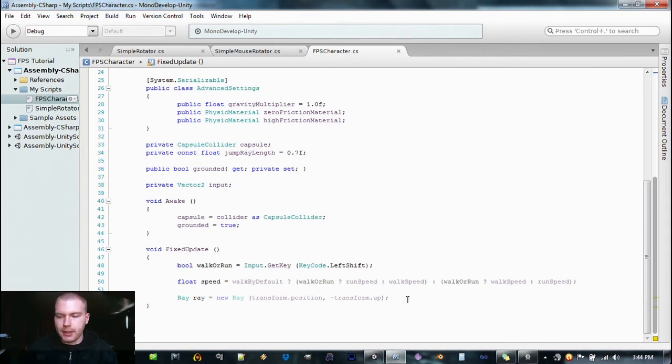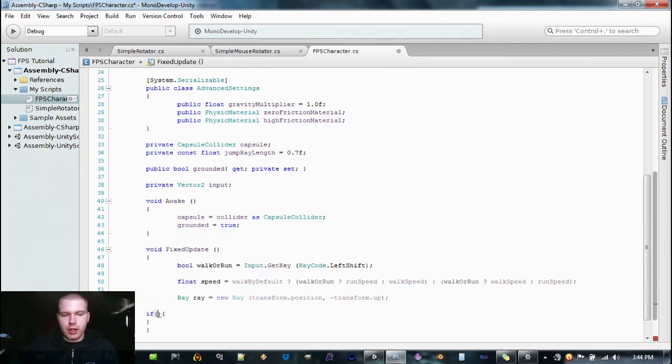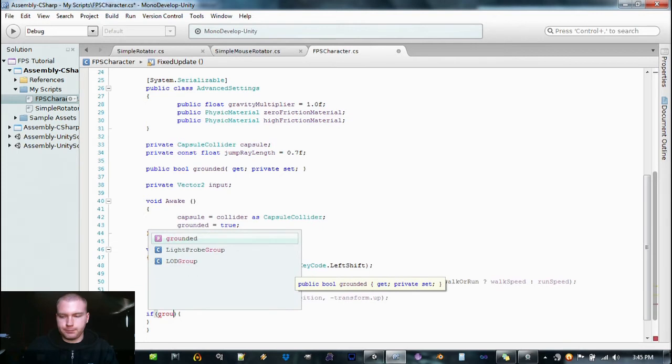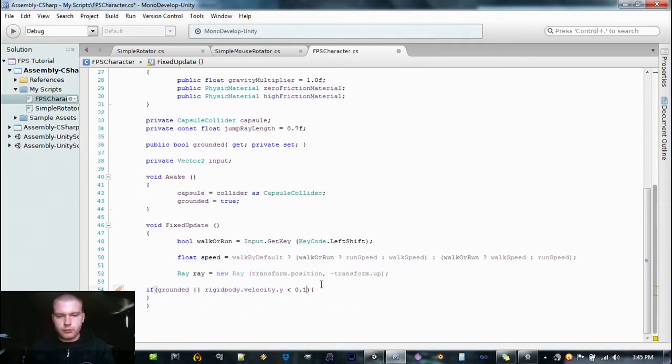Alrighty, now what we're going to do is create an if statement, and if we are grounded or our rigidbody.velocity.y is less than 0.1. So if we're grounded, or we're really close to being grounded, or our movement in the up and down direction is really low, we are going to